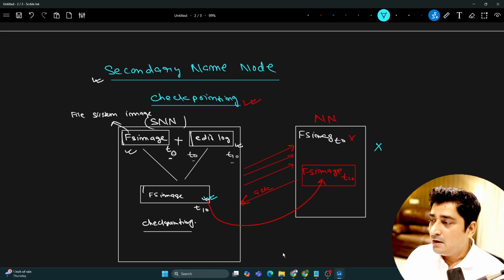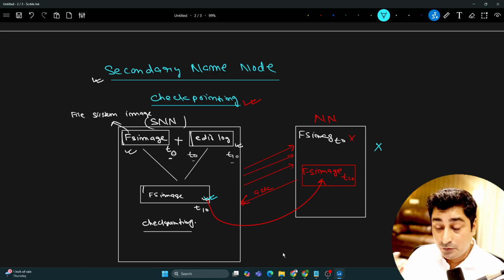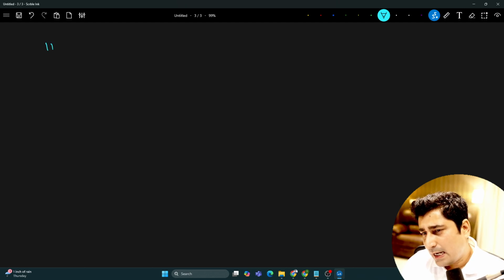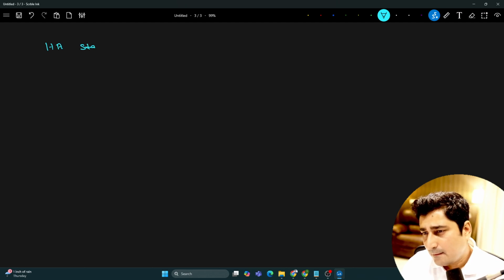So till that time, your entire cluster will be available only in read-only mode. You will not be able to execute anything new. Now, people have suggested that, to avoid this manual intervention, what can we do? We can try to introduce something called high availability (HA) standby